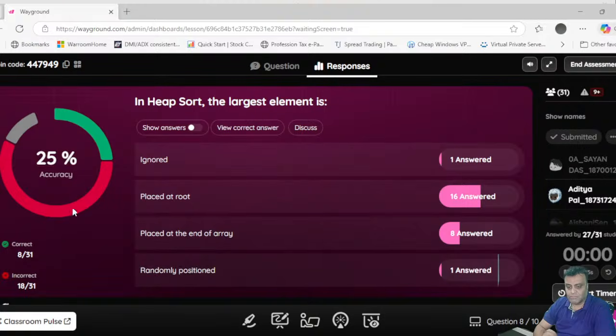But yes, I'm talking about heap sort here. Heap sort means after the sorting, the largest element is where? At the end of the array. The wasted portion. And I agree that the max heap word should have been there in the question. But why did you answer placed at root? Because probably you thought that if it is a max heap, then the heaviest element is at the top. That's why you said placed at the root. People are not talking about the heapify process in this problem. People are talking about heap sort. Heap sort will place the largest element at the end of the array. 8 of you only answered correctly for this.